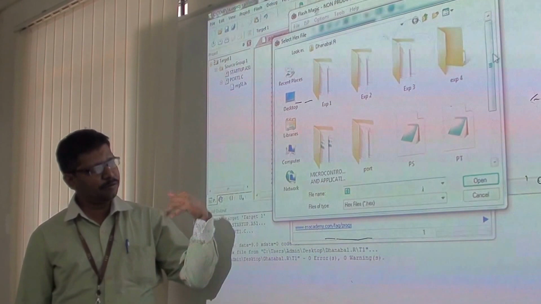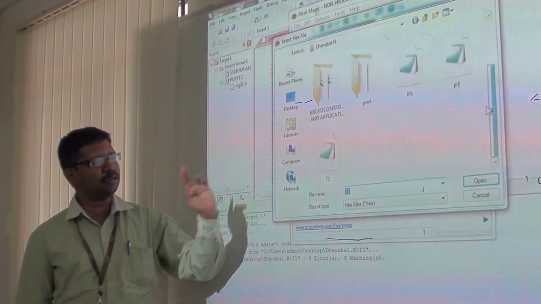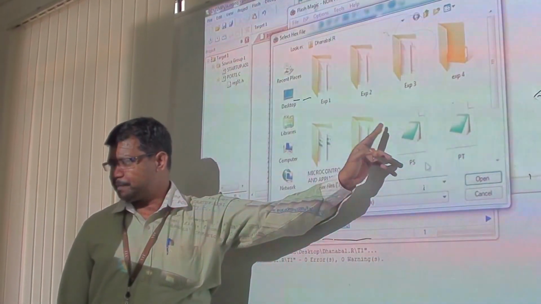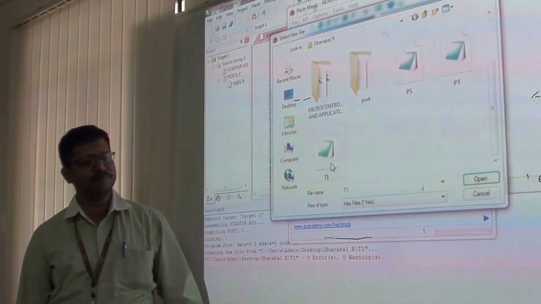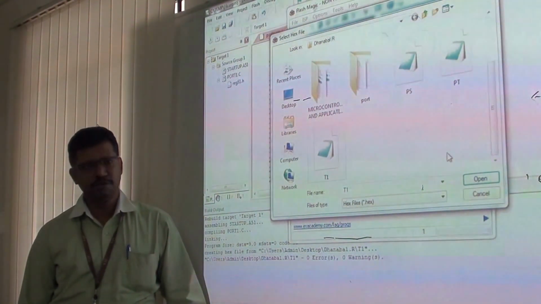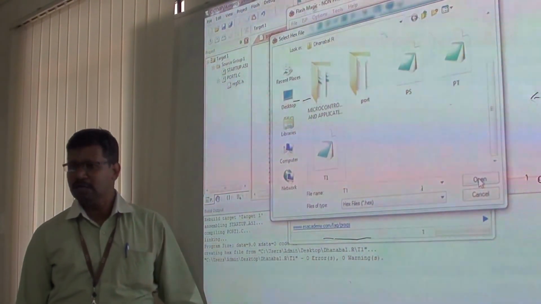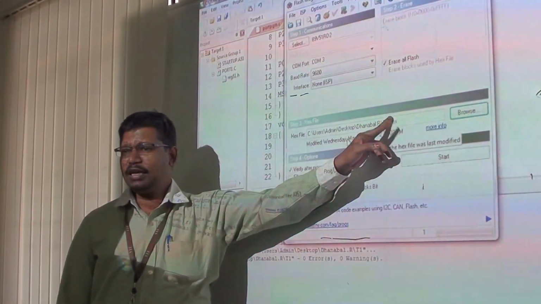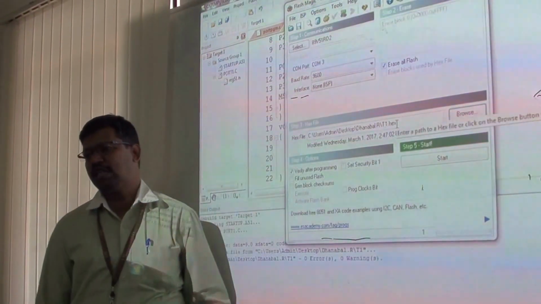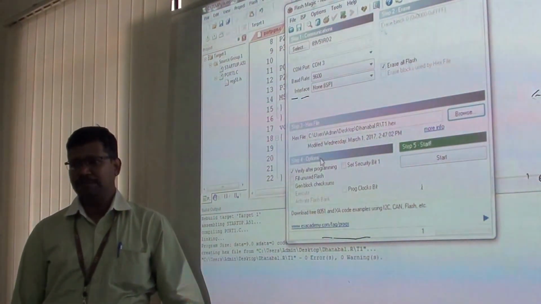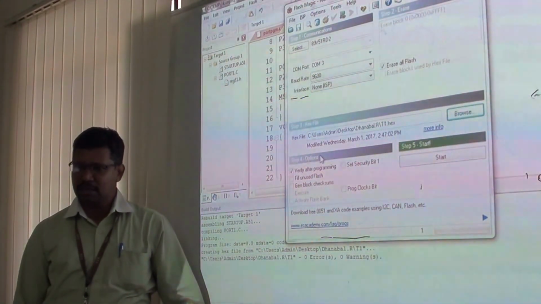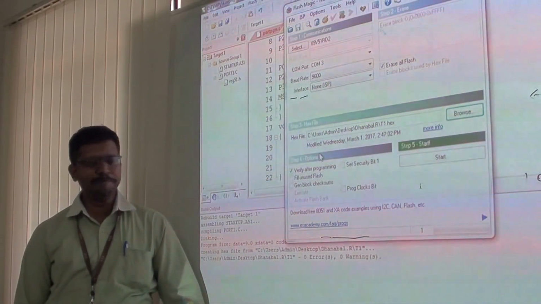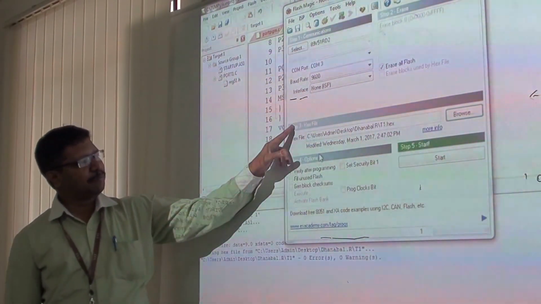The hex file, whatever we have created previously, has to be linked with this tool. T1 is the hex file which has been created for the toggling application. We did three methods of toggling using a single program, so we have selected that particular file. Here we have to select the hex file. Please note down, don't select the C file or the ASM file. The assembly level file should not be selected, and the C file should not be selected. Only the hex file has to be selected, so the binary pattern is going to be dumped. So step 3 is completed.